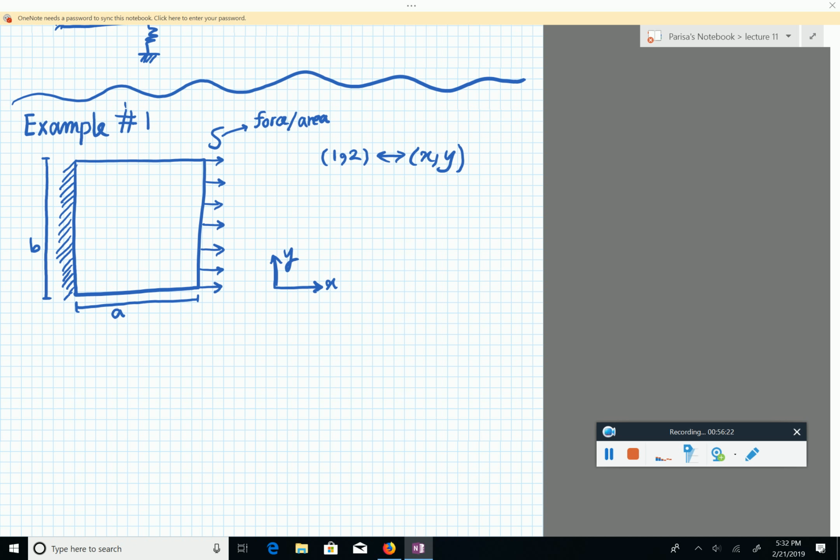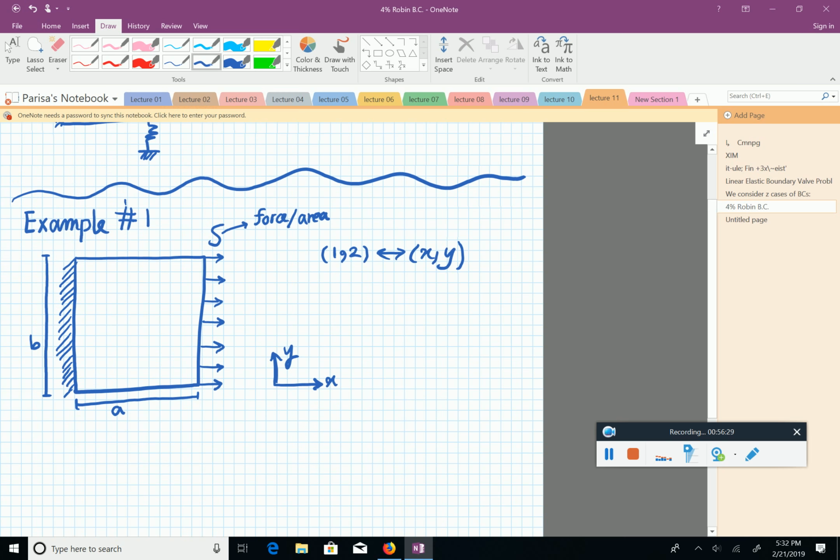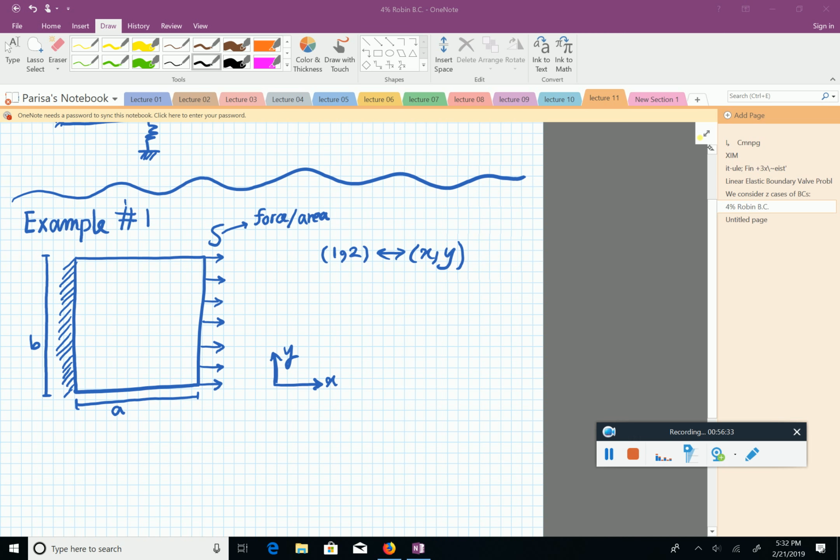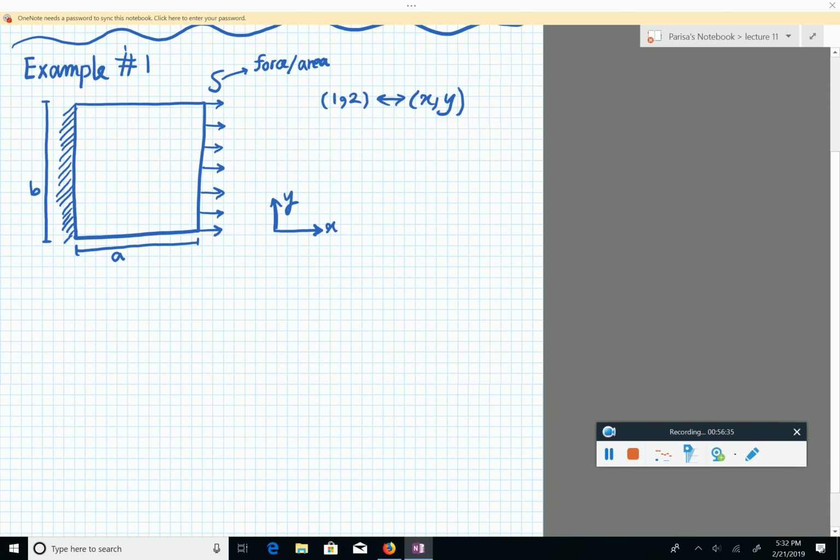Okay, let me then go through this. Let's go through this together, and then hopefully we'll have time to do one more. So this is a mixed boundary condition, right? So let's look at first the fixed end, which is simple. So we can say that